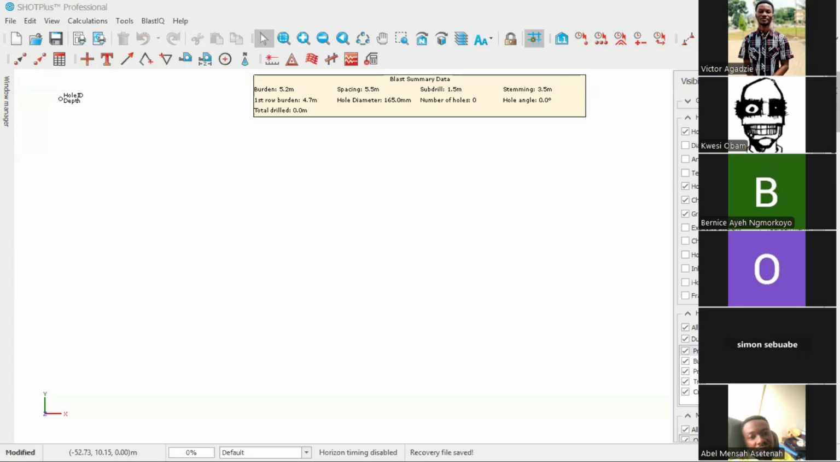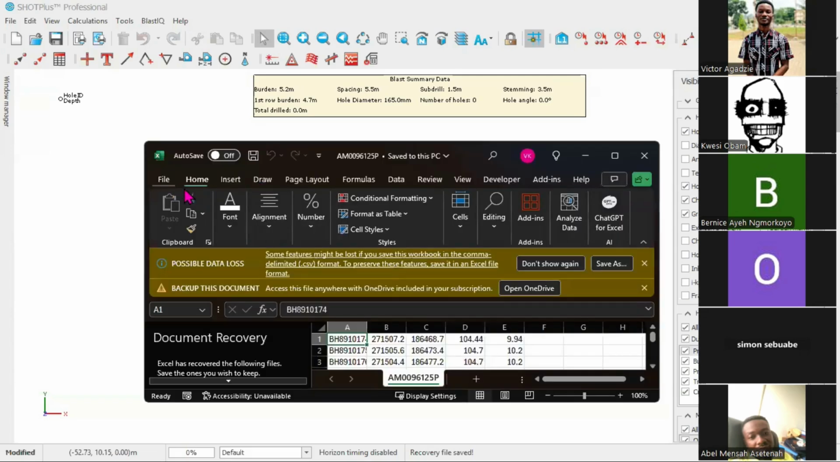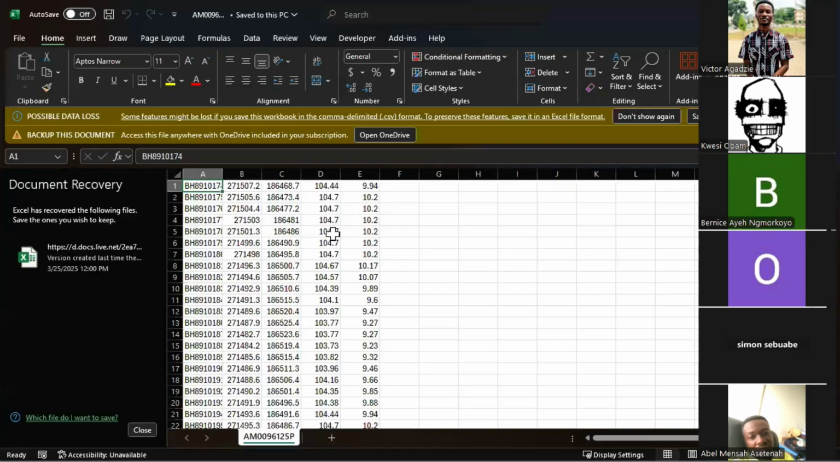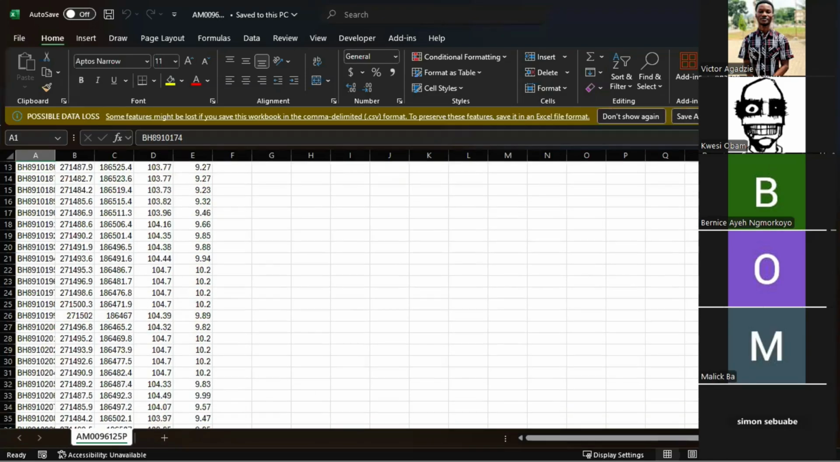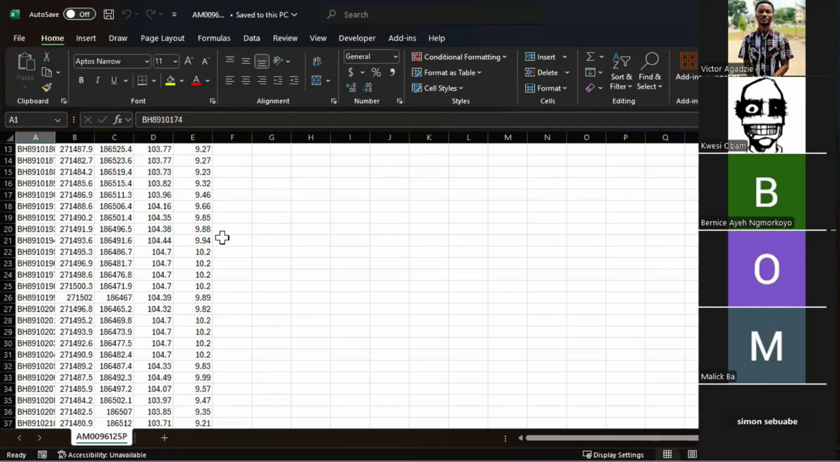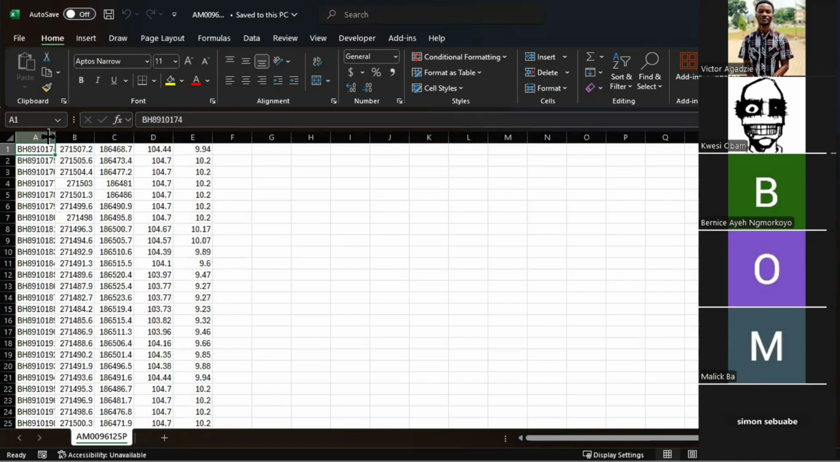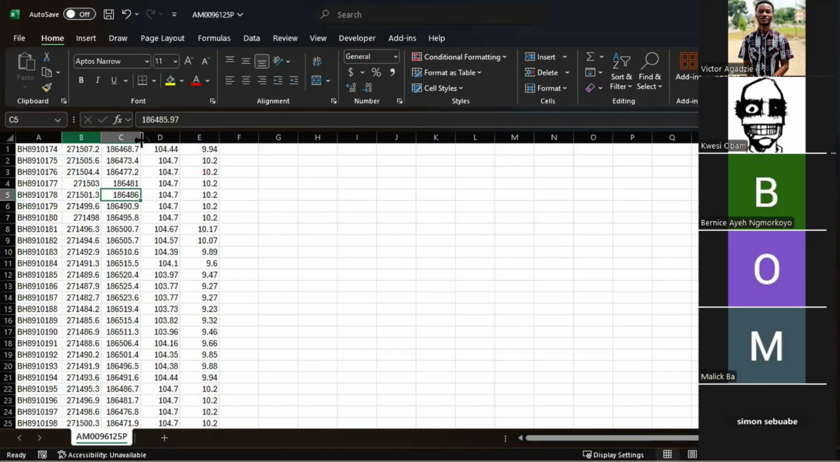Make sure it is in this form. Can you see the Excel file that I've opened? Yes, sir. So make sure your pattern is in this form. So this is the hole ID. Don't type any heading here. So what I'm trying to say is that instead of seeing this,